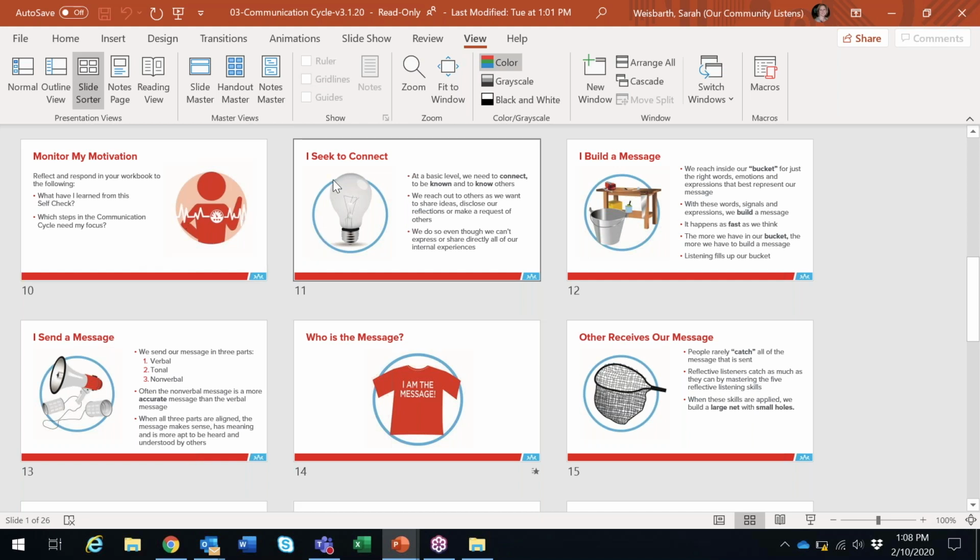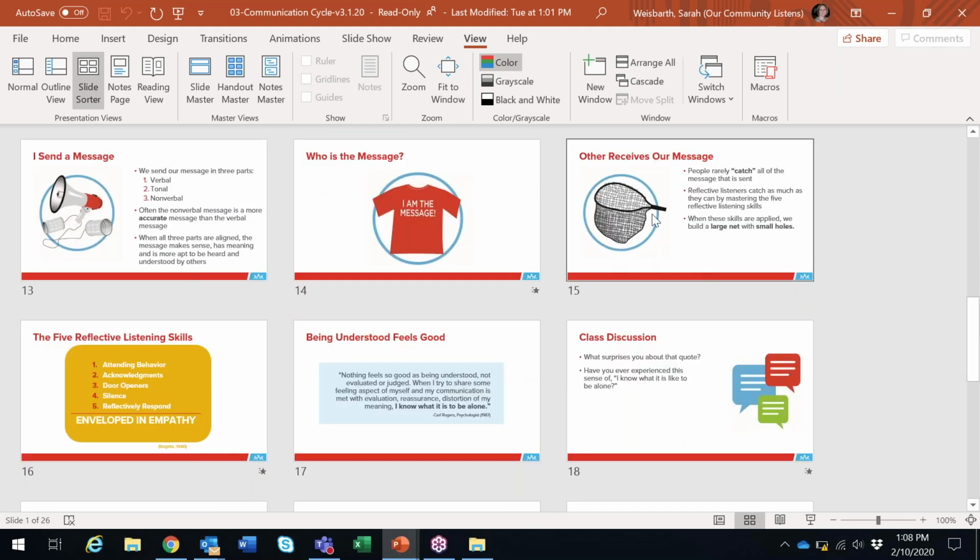And then it shifts into teaching. We're teaching the steps of the communication cycle, and we saw some of our colleagues do that already today. The icons that exist here are very beneficial to us. When Jamie, I think it was Jamie, did the I send a message, she referenced the icon here. They're there for a reason, to help your facilitation. And then there is that moment where, as Kristen did for us, there's that pause of, well, now we're shifting over the line. And that gives us that transition into now I'm the other and I'm receiving a message.